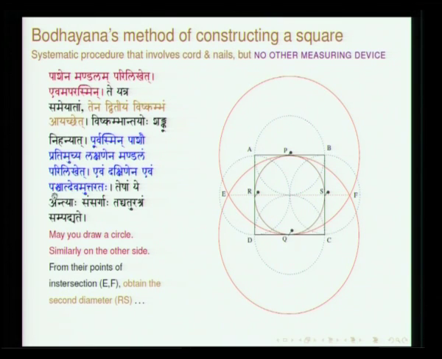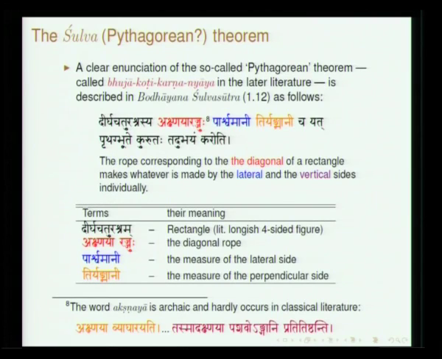Evam Dakshinena, Evam Paschat, Evam Uttarataha. Once these four circles, these dotted circles, are drawn, all that has to be done is wherever two circles intersect, you mark the point and you will get the square ABCD. It is a very beautiful construction which has been discussed in Bodhayana Sulbasutra to draw a square, whatever be the dimension. It can be as long as you want, as big as you want.